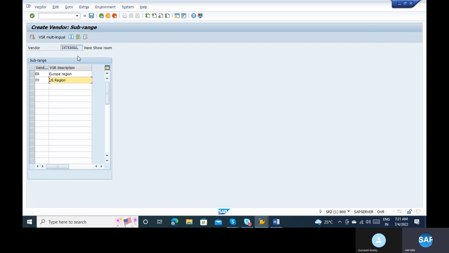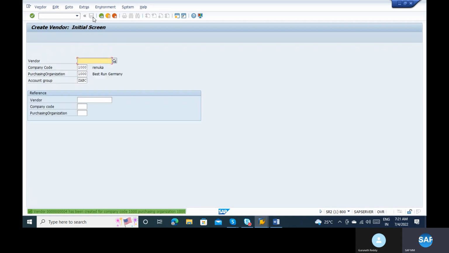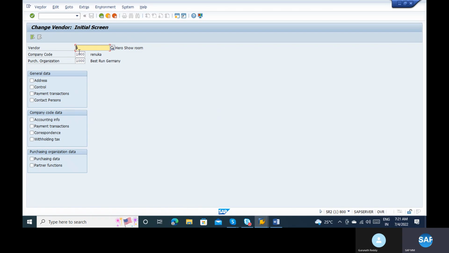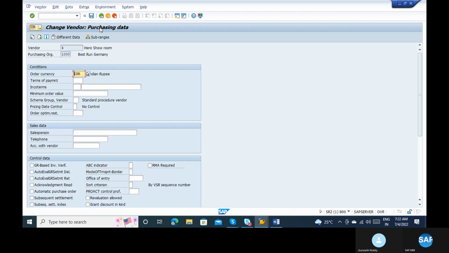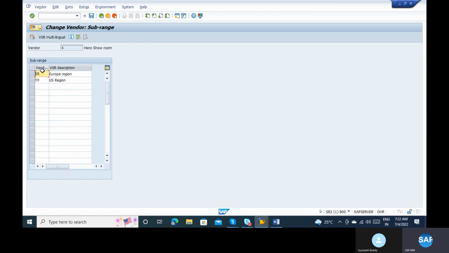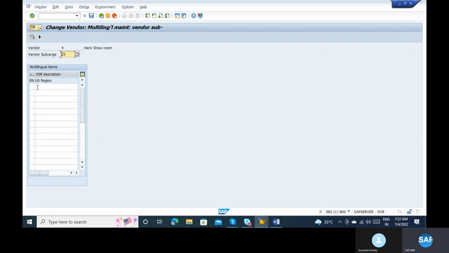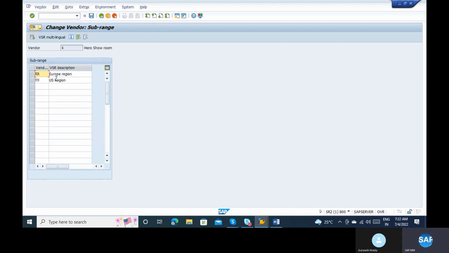Now for each vendor sub-range I can create purchasing data. I'm going to the change button. The vendor is created with XK01. Now go to purchasing data. In the purchasing data, when I go to US, I can click on language; different languages I can create. Again, if I select this one,